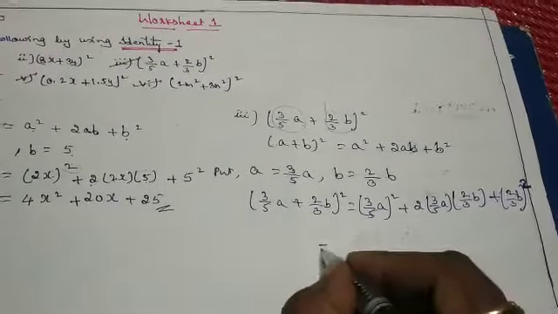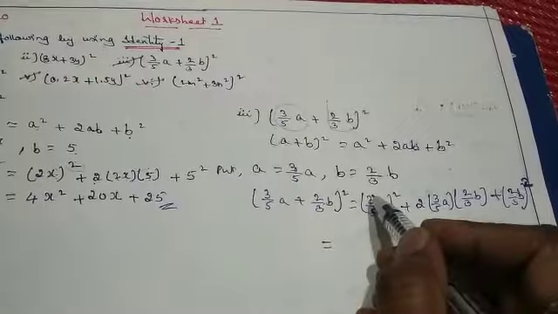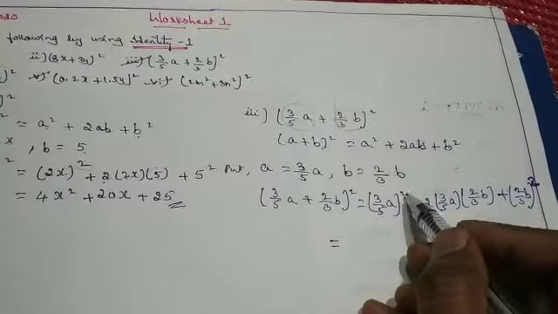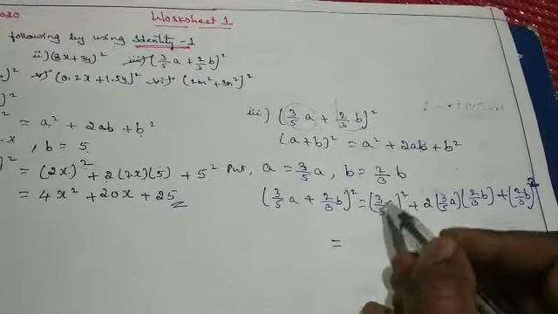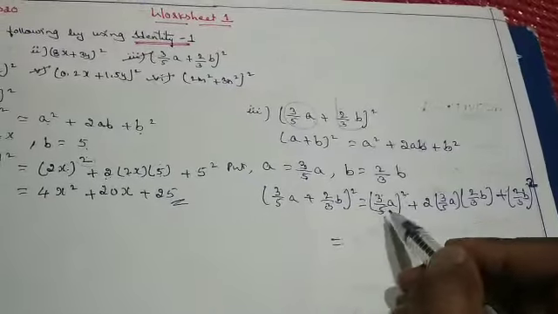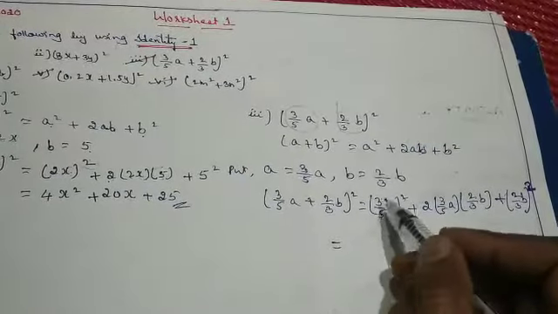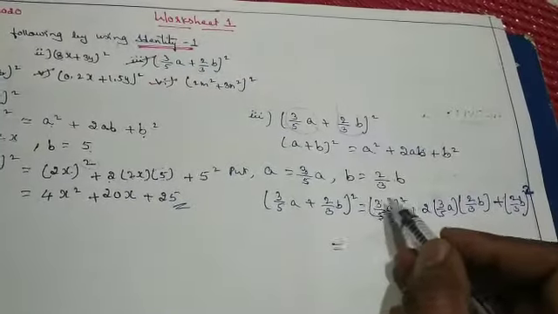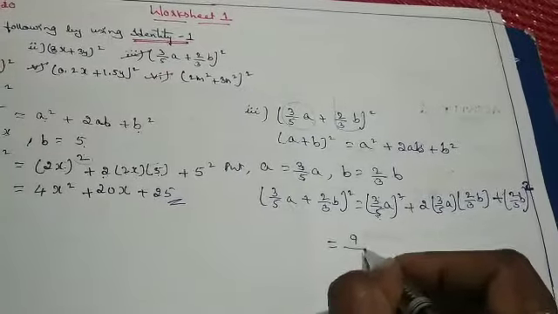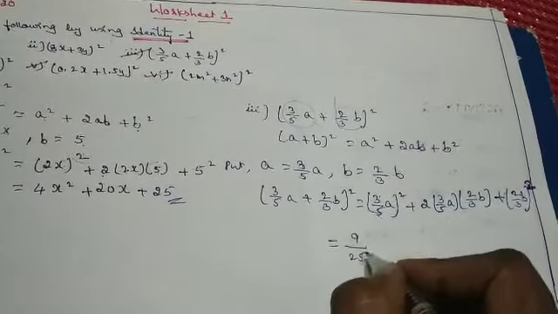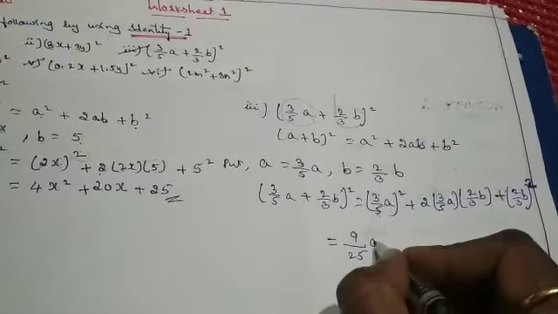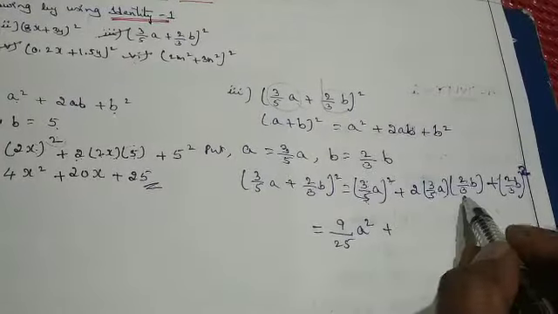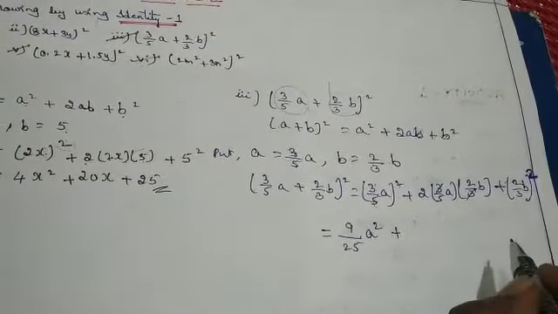Now simplify. Equate this square for the factor 3 by 5. When you are equating the square to both, it should be equated for the numerator and also for the denominator. Don't forget, don't apply it only to the numerator. It should be applied even to the denominator. Then 3 square is nothing but 9 by 5 square is nothing but 25, and equate the square to the variable, that is 9 by 25 a square. Plus, here any cancellation? Yes, 3 with 3 gets cancelled, no further.